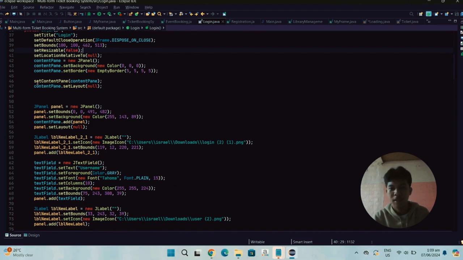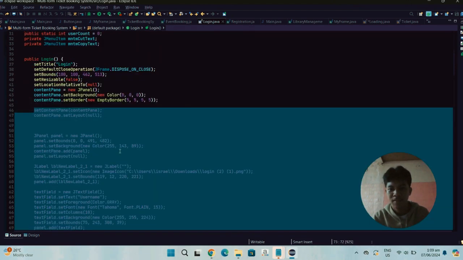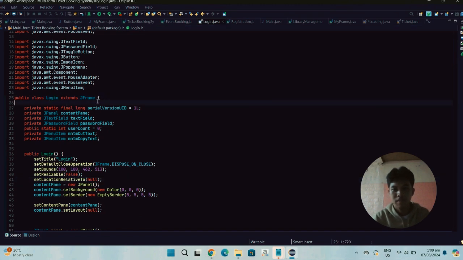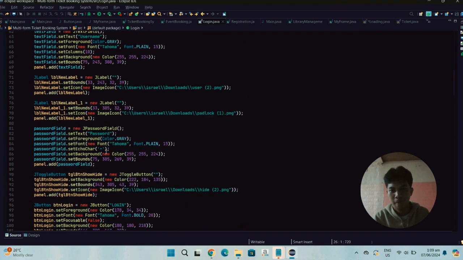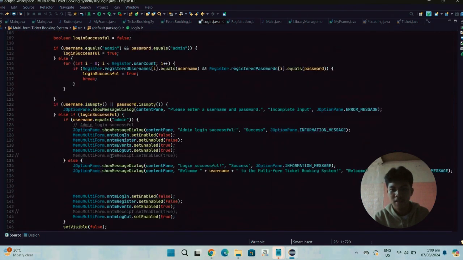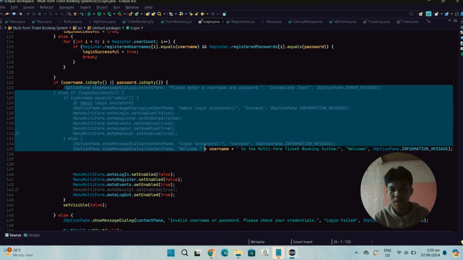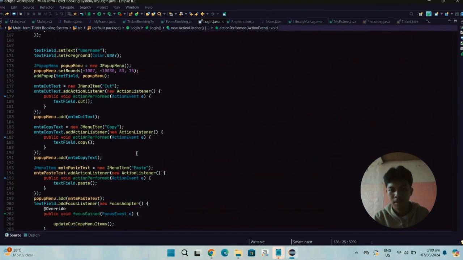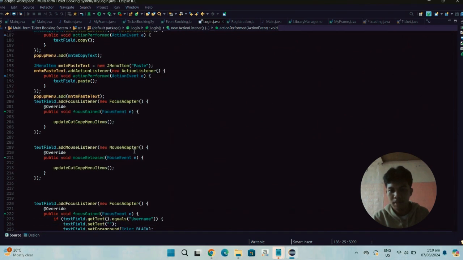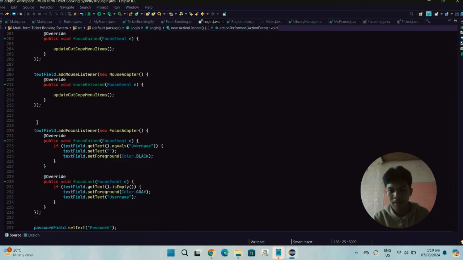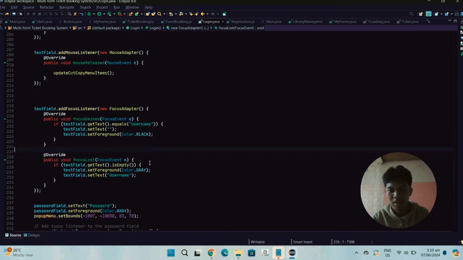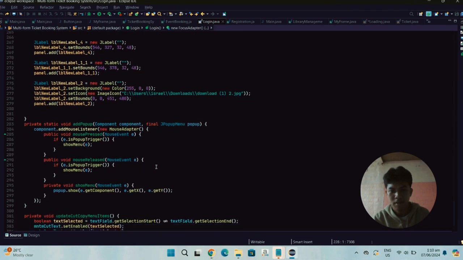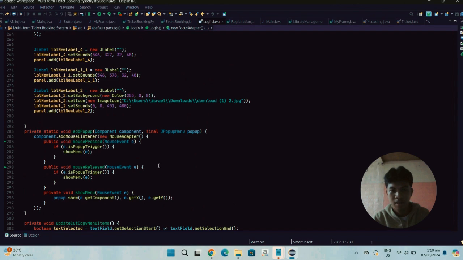It begins by importing necessary classes from the Java Swing and AWT libraries for creating and managing GUI components and handling events. The class defines key components: a content pane for the main content area, a text field for username input, a password field for password input, and menu items, mtmCutText and mtmCopyText, for the field operations. Here's the design.